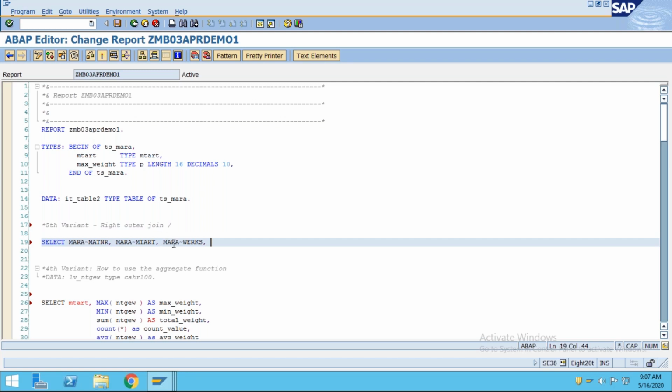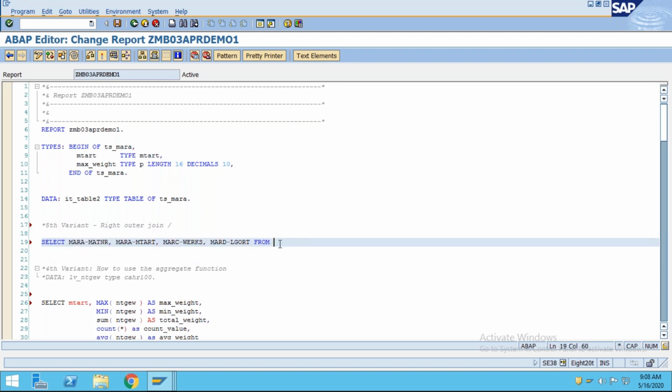give MARC over here, and WERKS is fine from the MARC table. And from the MARD table, you can fetch the storage location, right? LGORT. So these are the fields you are going to fetch from the different tables.